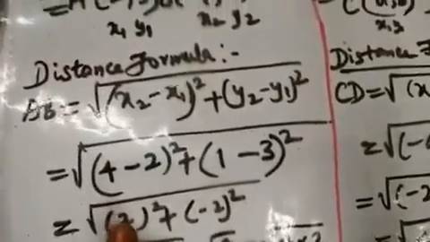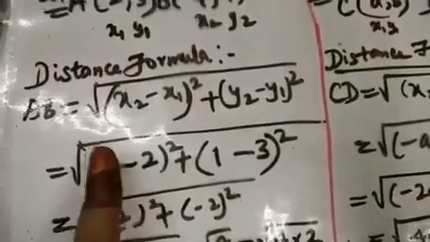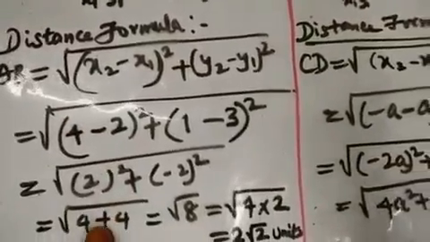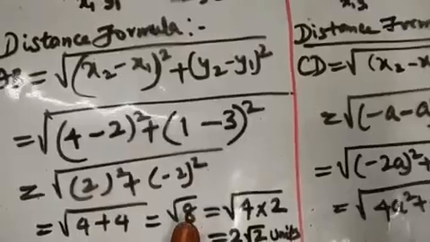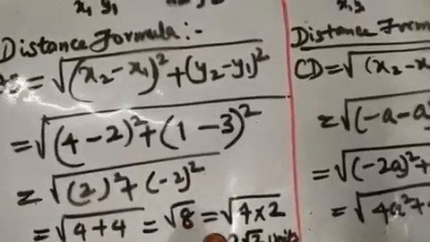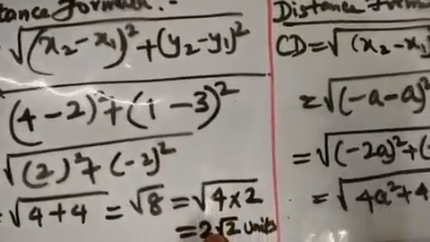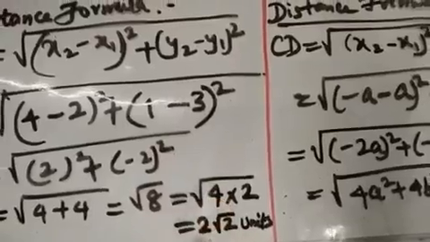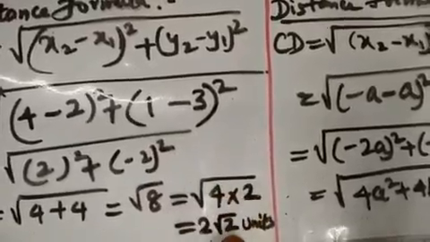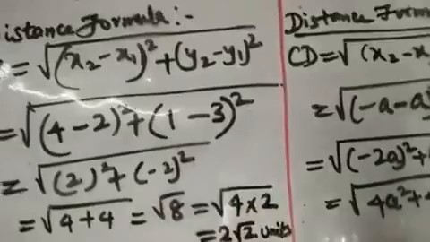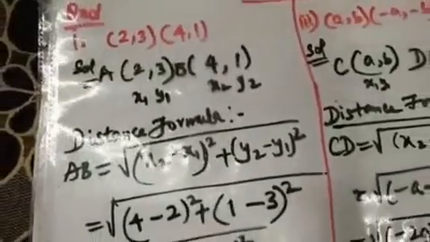So after a careful substitution you will get 4 plus 4, and it is root 8. This root 8 is not a perfect square root, so try to split it into 2 parts. 4 2s are 8, where you can get a perfect square. The square root of 4 is 2, so it will come out and root 2 remains inside. So this is how we have completed our question number 1 first bit.